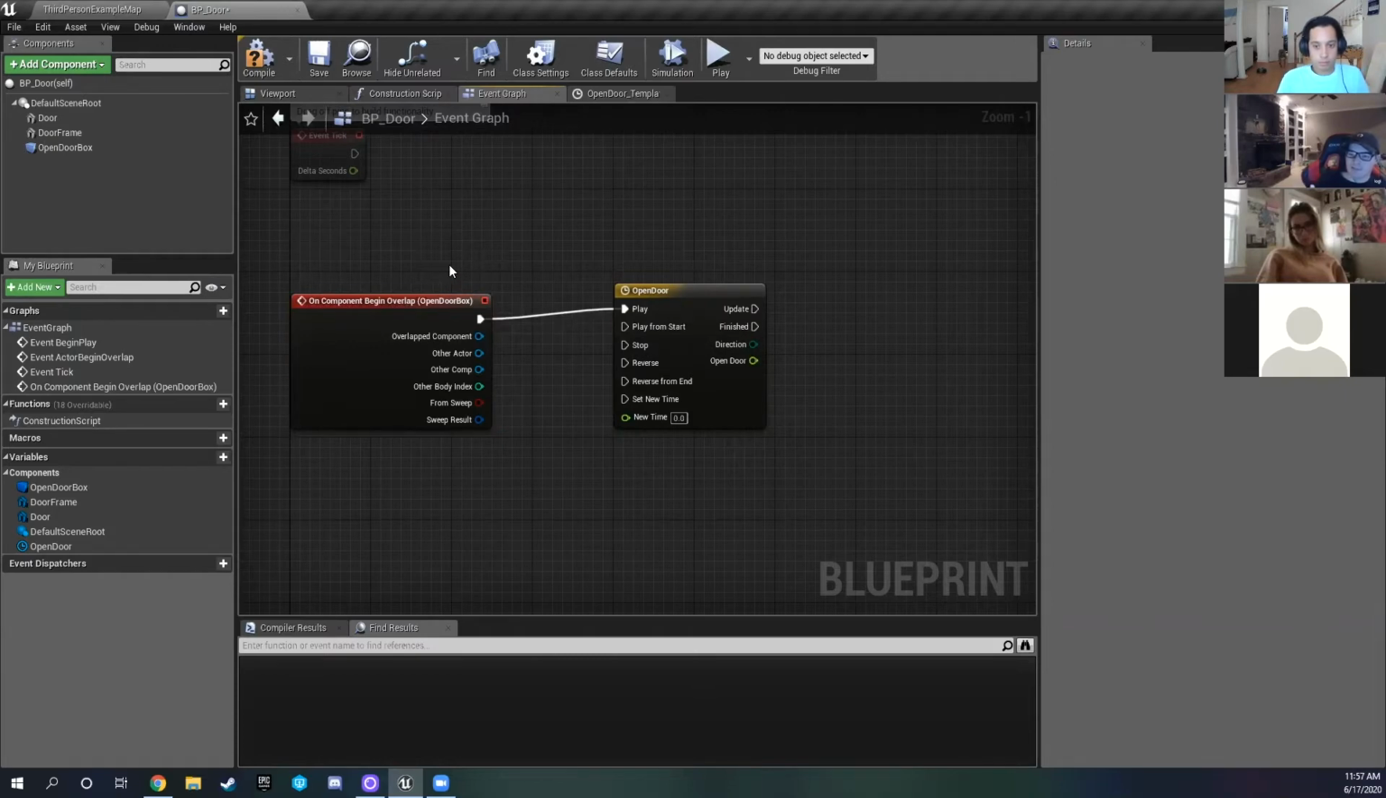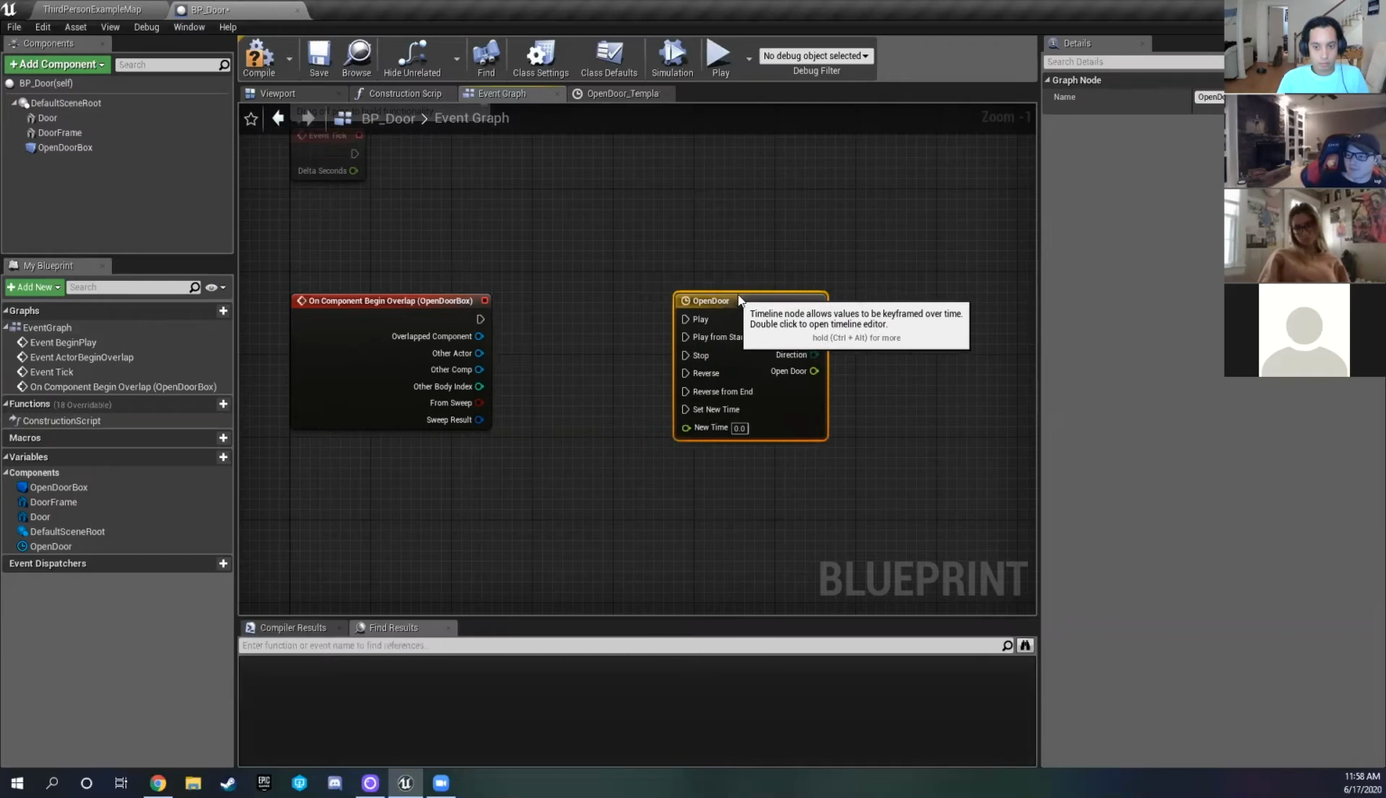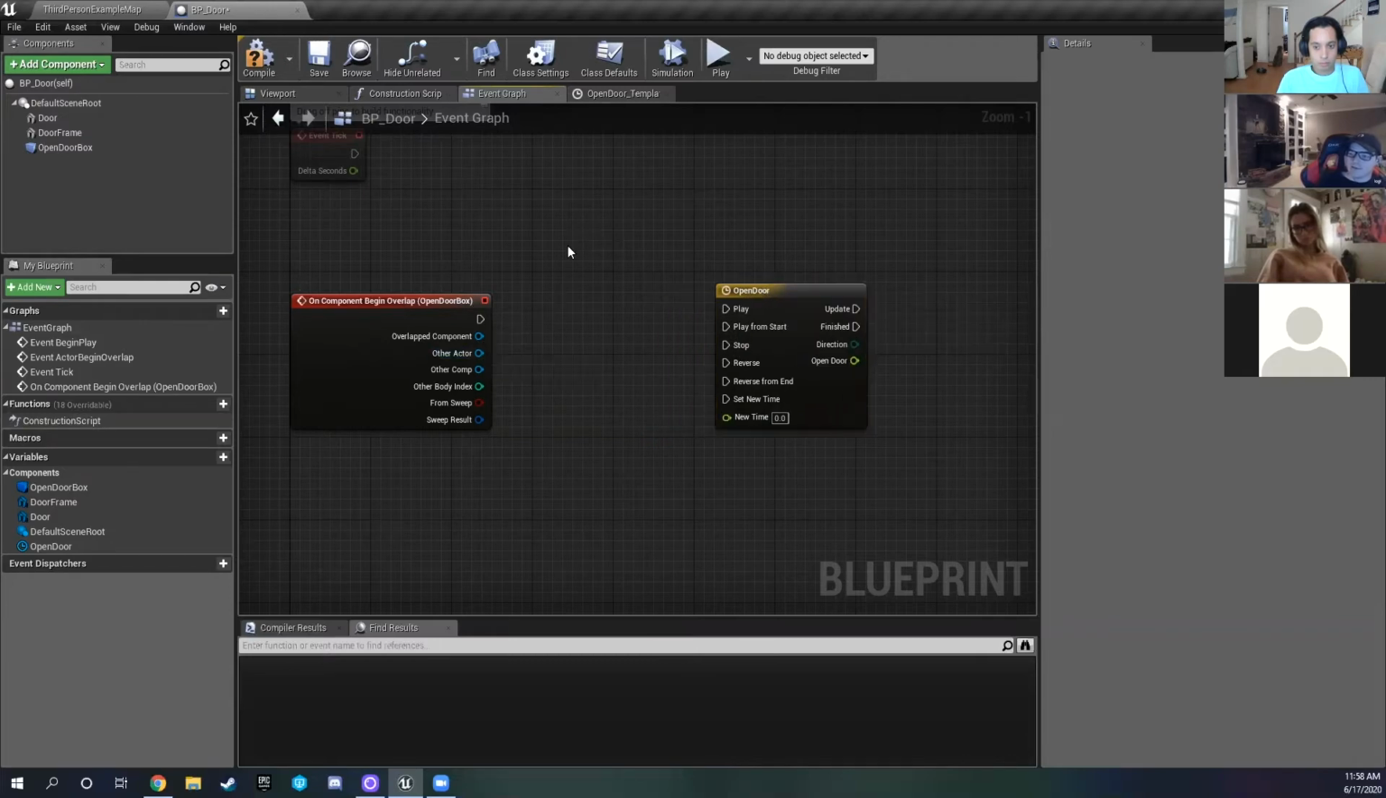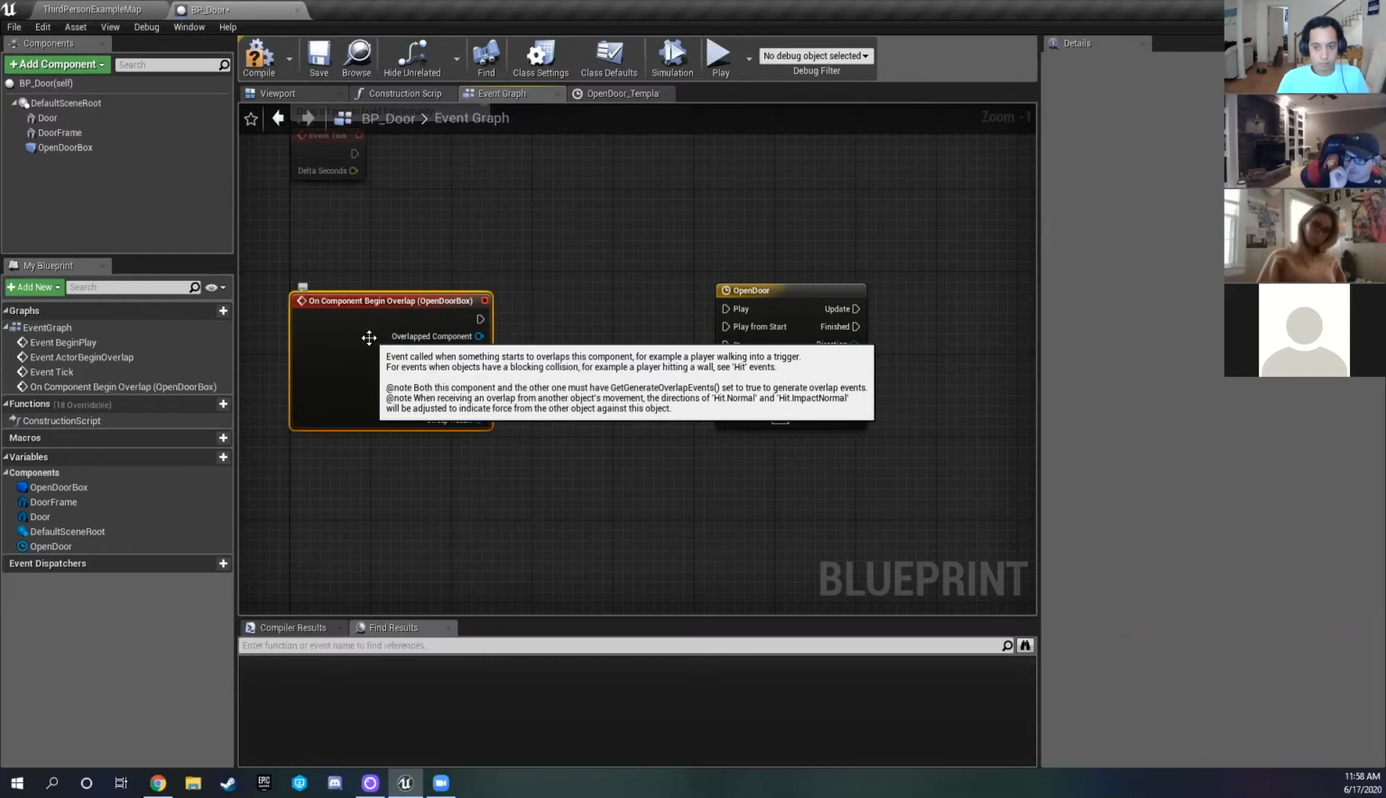anytime anything overlapped that door hitbox, it would open the door. So potentially, if this was colliding with another door, or if this was colliding with the floor, or some actor that was on the floor or something like that, the door would just continually try to open. So what we're gonna do is check to make sure that the actor that is overlapping the door hitbox is the player. So to do that, I guess just one thing to quickly add on this on component begin overlap